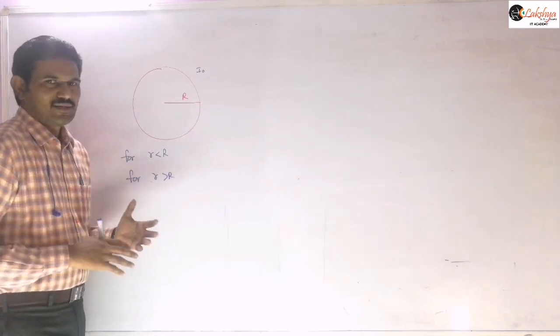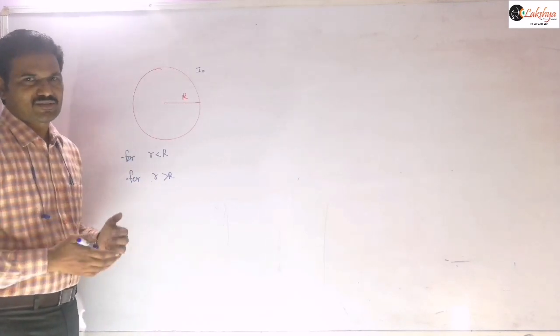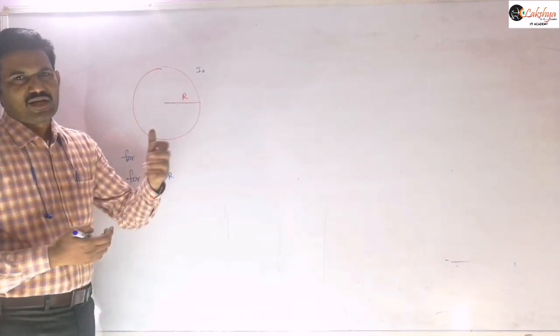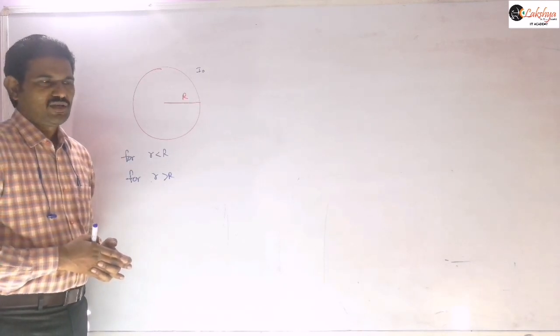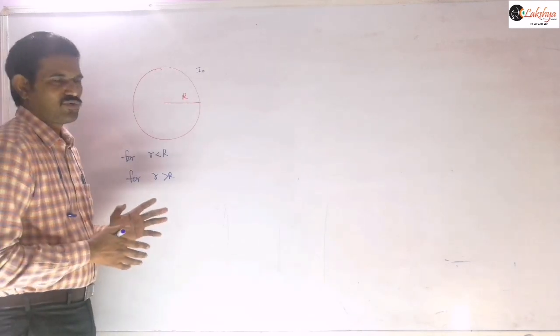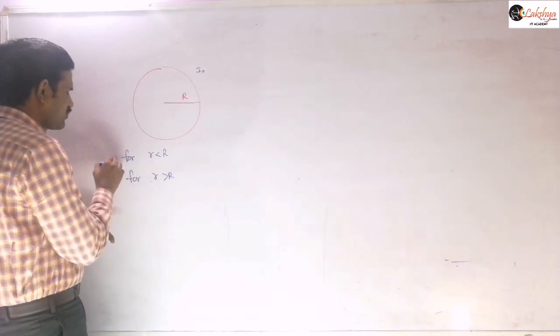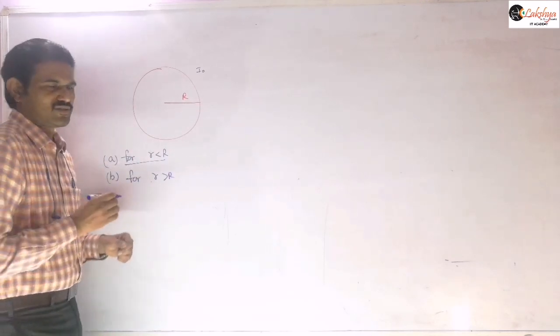So that is the given case here, and that relation is actually not given for us, so we need to take some relation here. Sometimes I may give some expression for that J, and then you need to take that J expression to find the current enclosed. So first I am doing the current calculation here. Suppose this case here is A, and this case is B. Now we are solving the first case here.